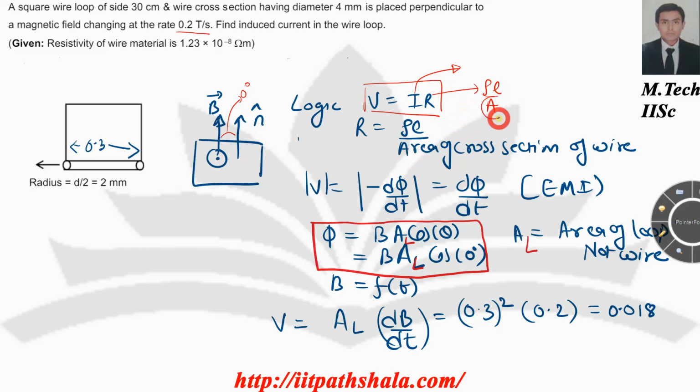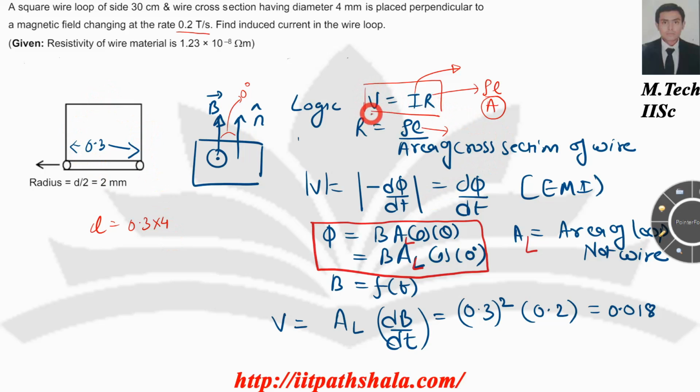Now A will be the area of cross section of the wire. Okay, you have to take care of that. L is nothing but the total length of the wire. So 0.3 for one of its edges makes the length equivalent to 0.3 into 4 times, because it is having 4 edges over here. Okay, now resistance is being taken care of by us.